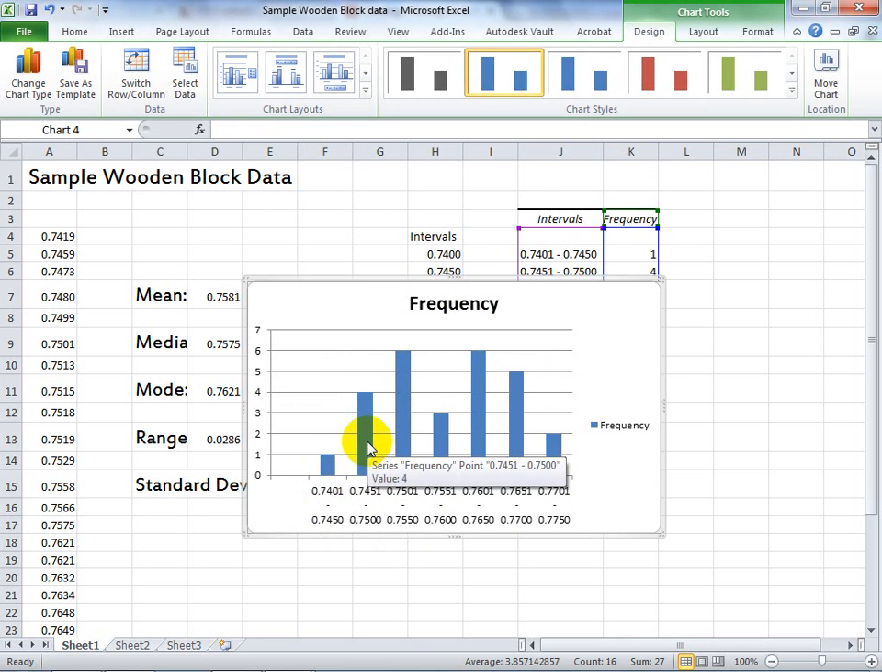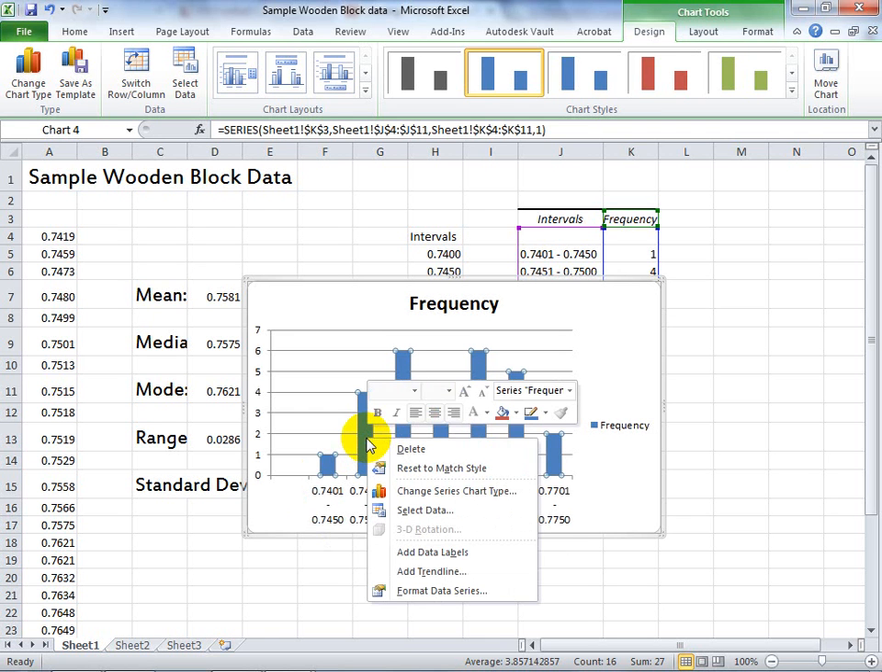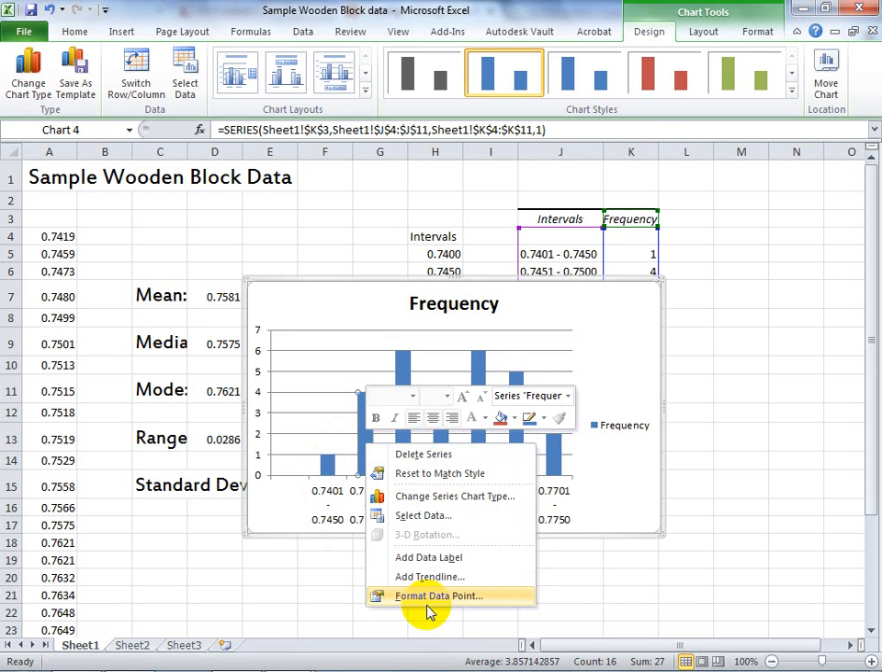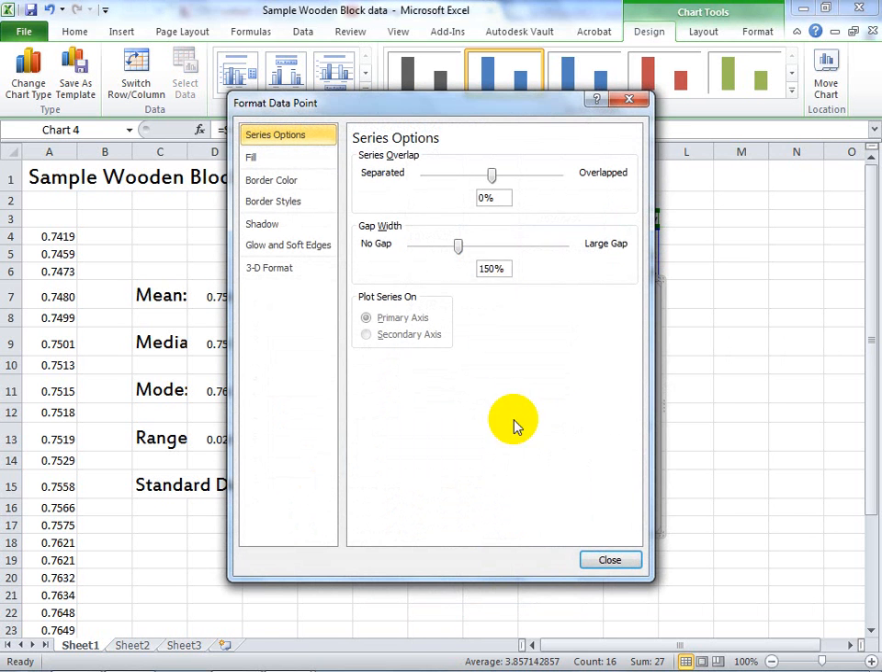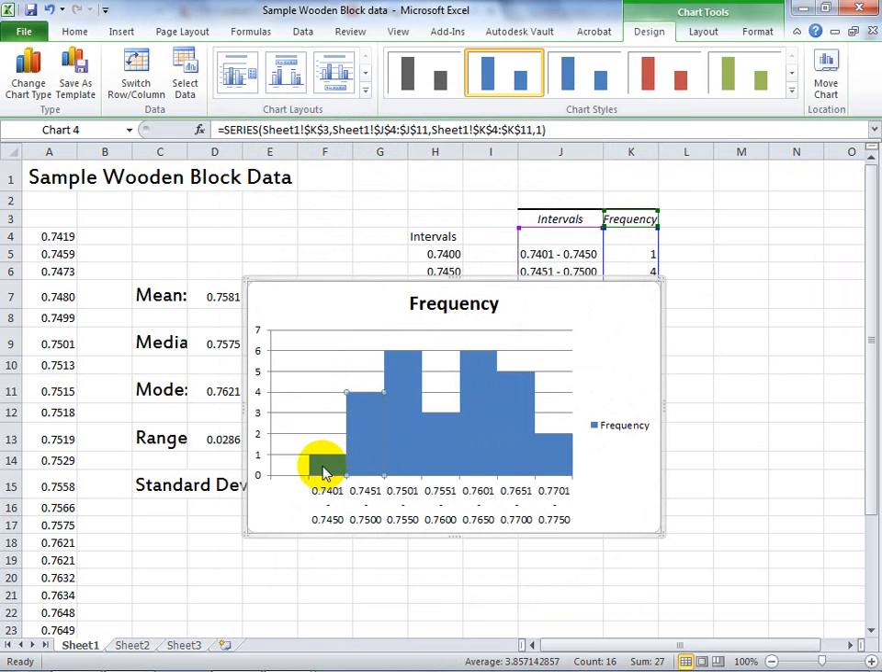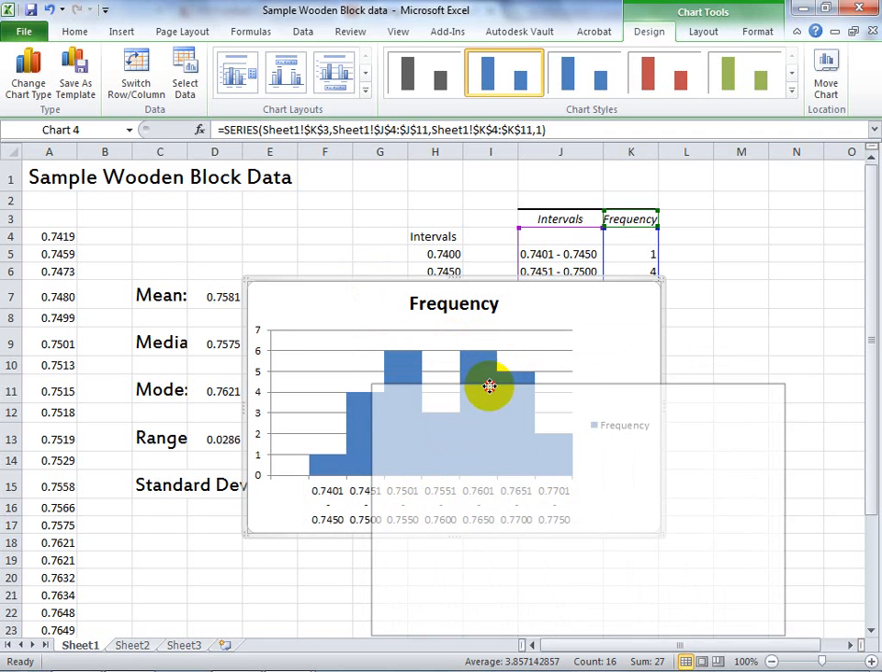Now we can click on here. A histogram really doesn't have space in between, so I can click on any one of my bars, and right click, and then I can say format data point, and then here I can adjust it and say I don't want a gap. And then it puts them close together. So now I can drag this off out of the way,